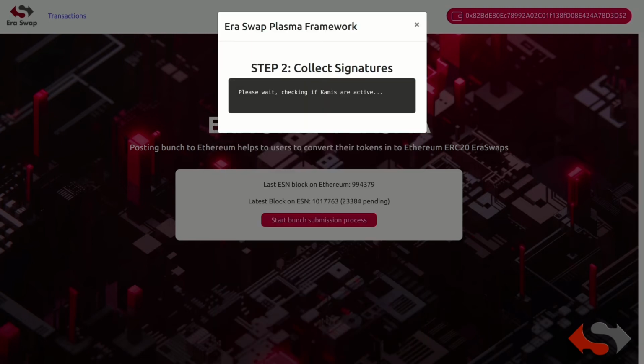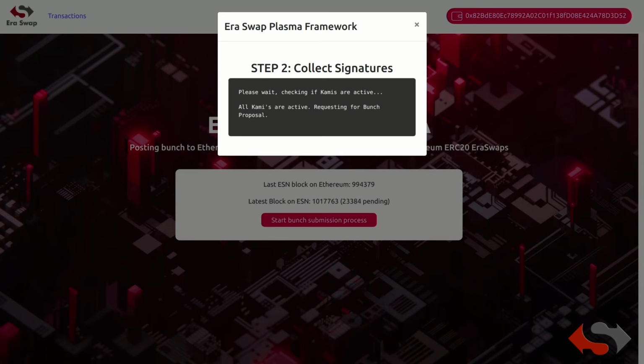We'll select this and it will automatically check if the commies are active. The commies are active and it will request for bunch proposal. After that, the collection of signatures and verification of signatures will happen.